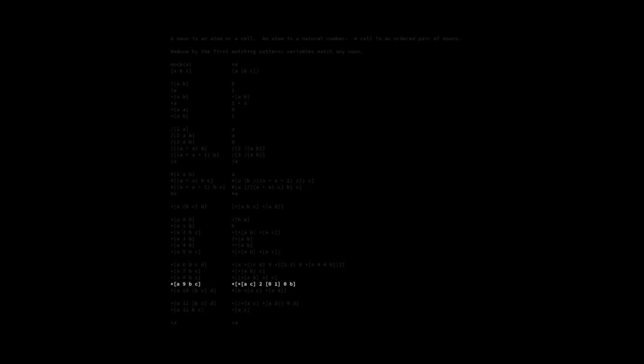Which means that for your average library function invocation, you actually do 2 of these, because you do one to evaluate the arm of the core. So that's just evaluating that name. When you evaluate the name add, that's an arm in your subject, and that runs a Nock 9 to go and get that. It's generally a fairly trivial one, but nonetheless, that's what it is. And then you will run a second Nock 9 on the result of that, with a Nock 10 in between